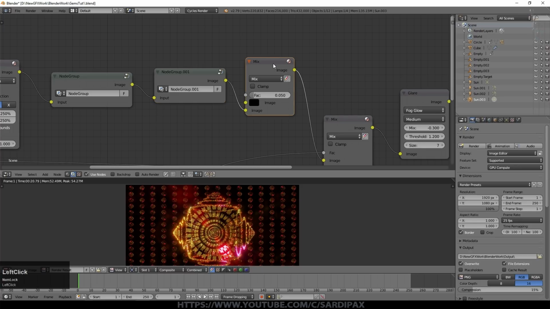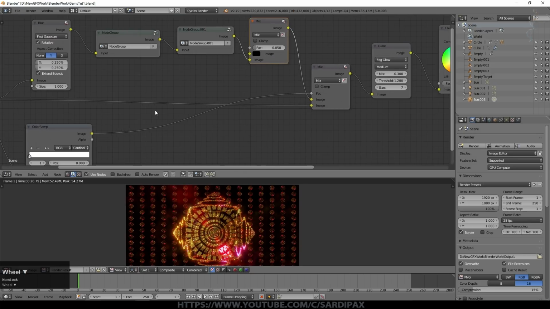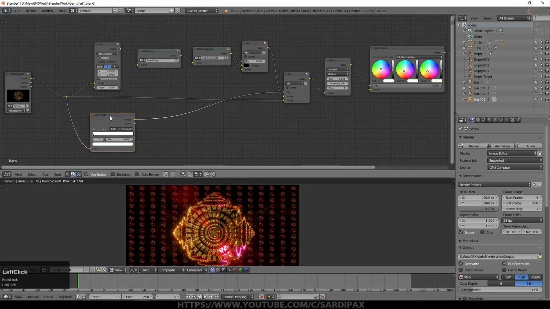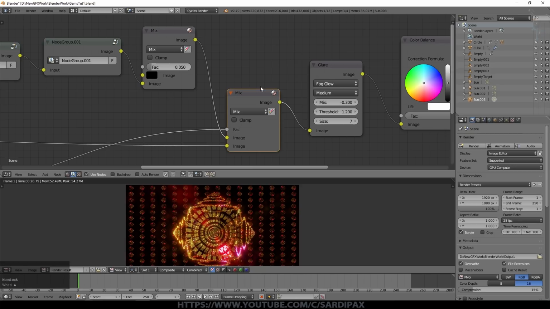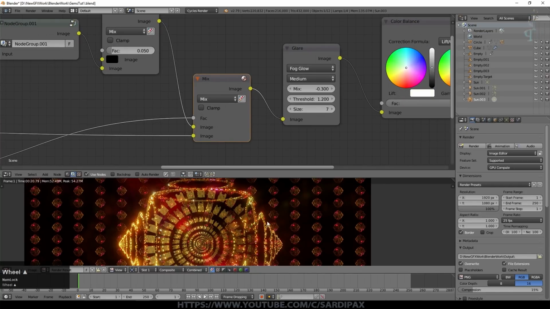You then need to put that into a mix node like this. If I mute that mix node, you'll see what that one's doing. It's basically filling in the gaps between those individual images. And then we take our original image and we put it into a color ramp, narrowed in quite a lot with its 2 sliders, so it creates a mask. That feeds into the factor of a mix node. We put our newly created background into one side, the original image into the other. That mask that we created means that the background won't be mixed with our foreground. The foreground will appear to sit on top of it.